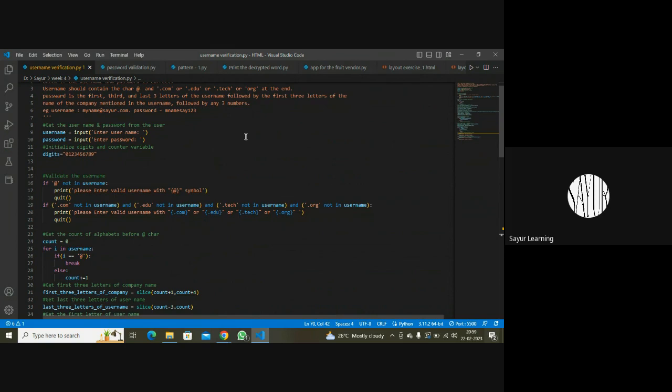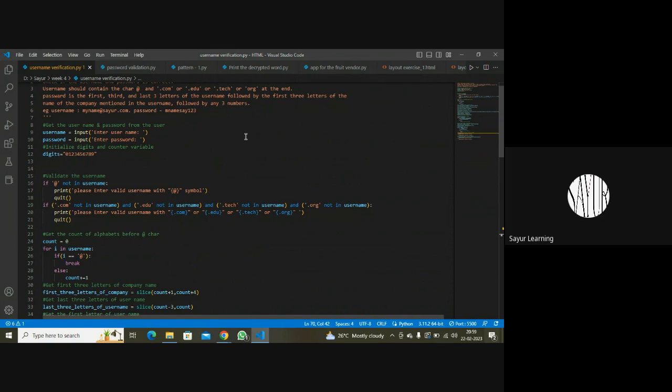So what I'm saying is, that is the reason you have to read the question over and over, find out what are the things that you need to think about. Especially when there are numbers involved, it has to be greater than this, has to be this many letters. When there are things like that in your question, you have to make sure you check for all that. You cannot assume that there will be 3 letters in the company name. So only when you understand the question, you can do all the proper checks before you do the rest of your code.